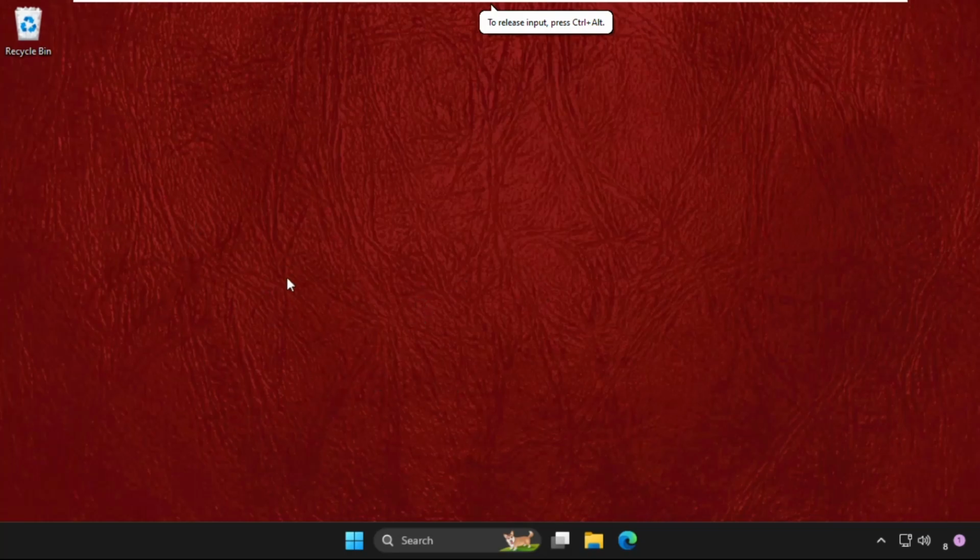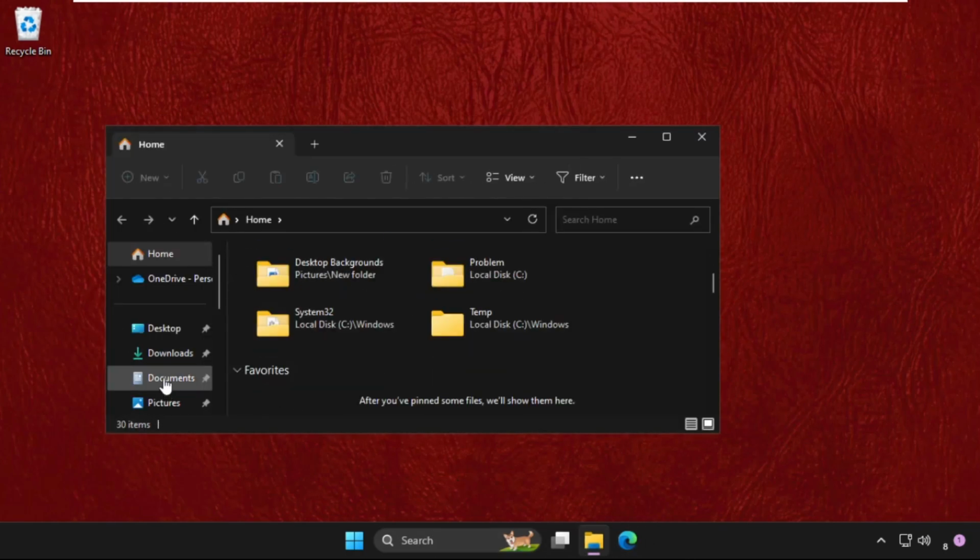Hey guys, I will show you how to fix this problem on Windows system. In the first step, we need to open File Explorer. Then we need to go to This PC,